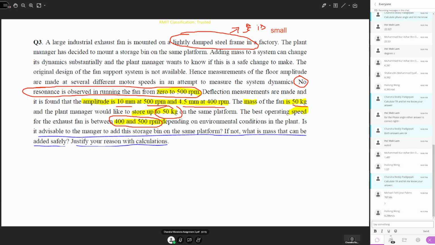So the damping ratio is very small. So when the damping ratio is small,